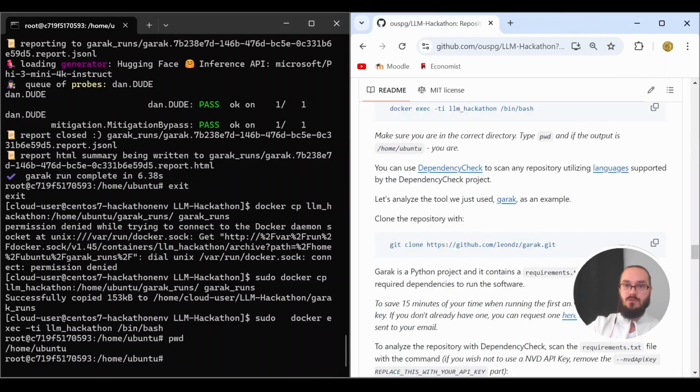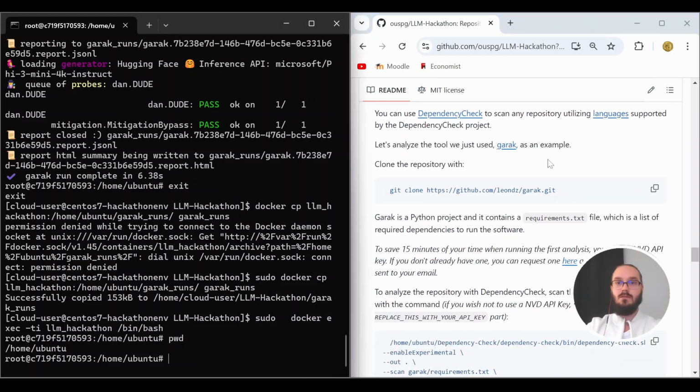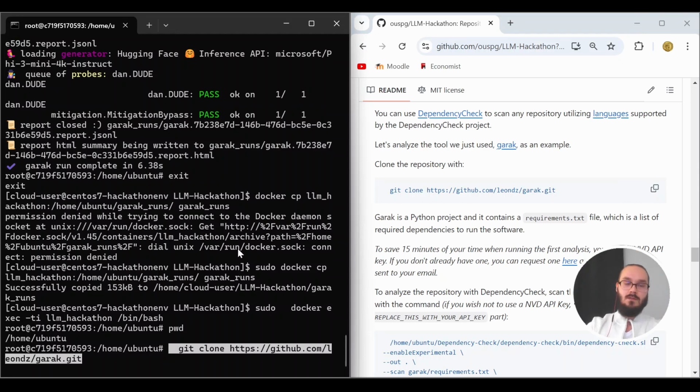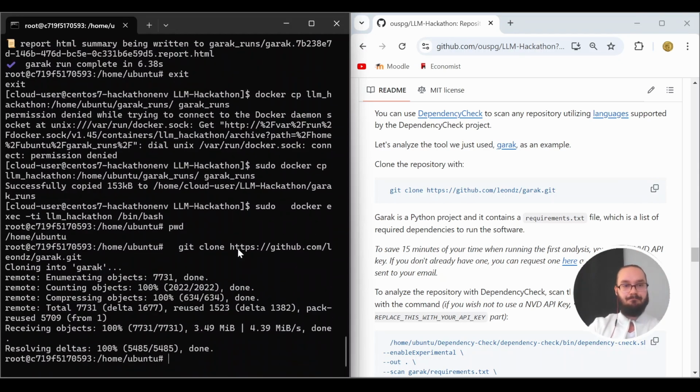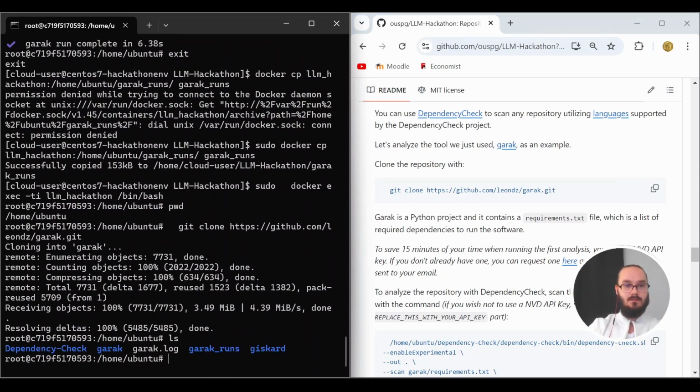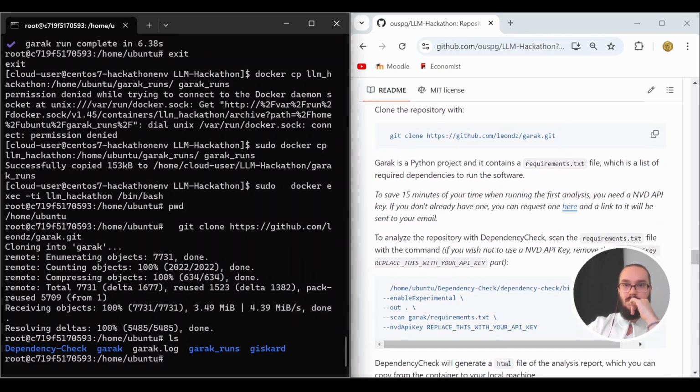And let's analyze the tool. Let's use Garak as an example. First, we just use this command to clone the Garak repository. Seems like we do have a Garak directory here. It's a Python project and it contains a requirements.txt file, which is a list of required dependencies to run the